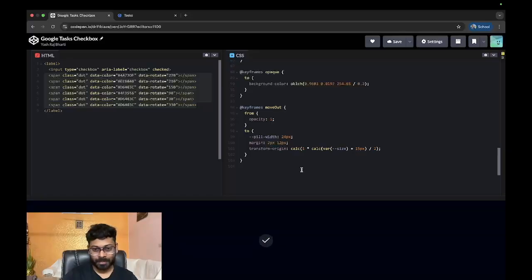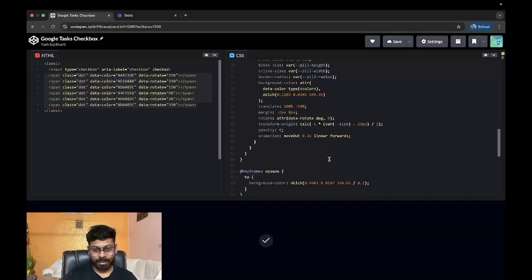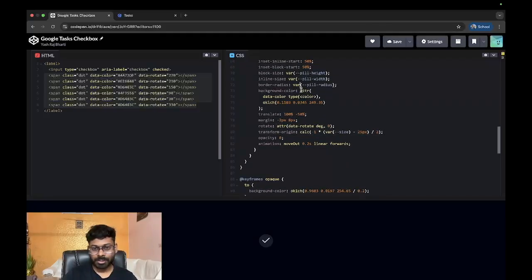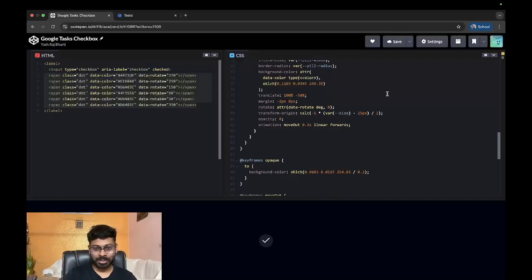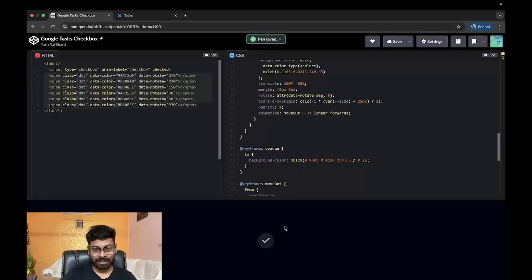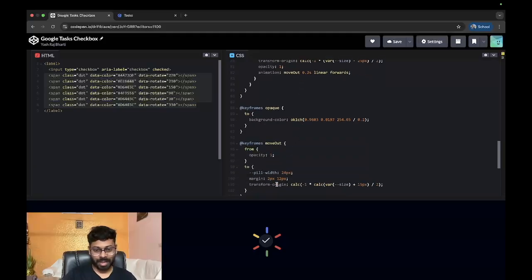But yeah, what I was saying is that with -1 they move outside, and you have defined just go outside towards the circumference with a +15 and just move out. And here we had defined the transform origin. This is just a bit of math. The main point I want to get across is that you should know how to use these attr functions and use them to your advantage, so that you can make these kind of whole mathematical situations where you understand: I want these dots to exist on the circumference, have the opacity of 1, so that we can see that they are at the right place and they should be moving out. And that's the whole